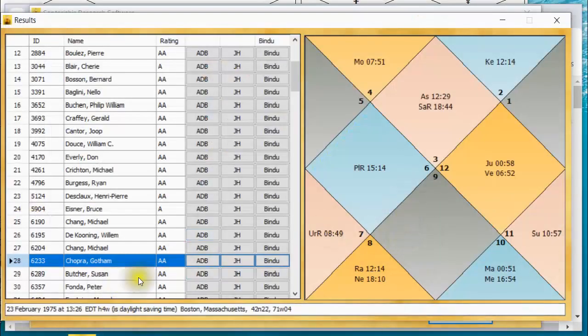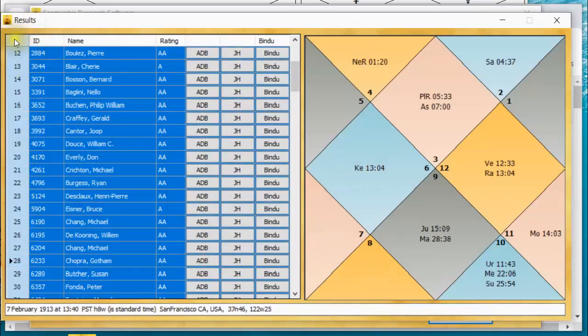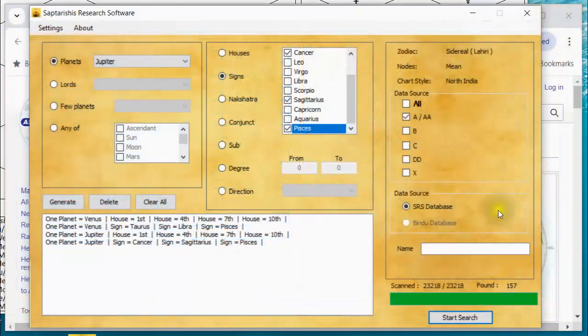Between the chart display, the ADB button allows you to go and read about that person, and left click in this corner and then copy this spreadsheet into your own spreadsheet for manipulation or whatever else down the road. It's truly wonderful. So, okay, I'm going to wrap up there, and that's the end of demo number 3. So I hope you found this useful.